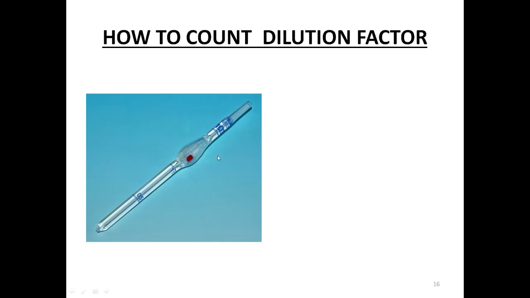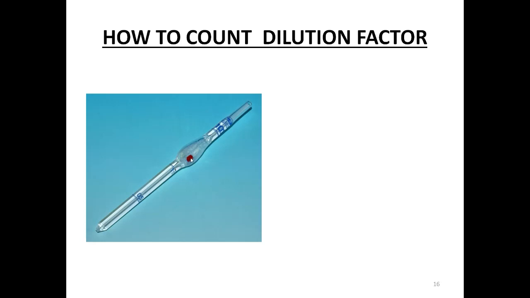Now how to calculate the dilution factor, right? As I said, we are taking 0.5 part blood and up to 101 part fluid, right? And then we are mixing it, and before charging we are discarding 2 to 3 drops, right? So when we are discarding 2 to 3 drops, whatever amount of fluid is there up to part 1, the platelet diluting fluid in the stem will be discarded in those drops.